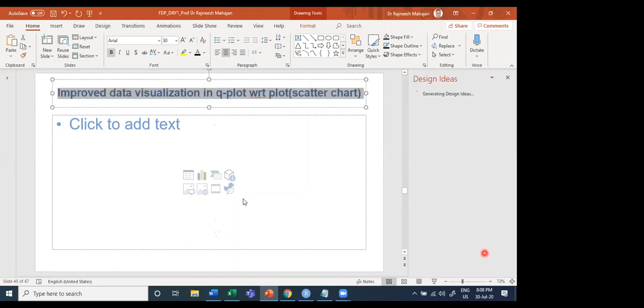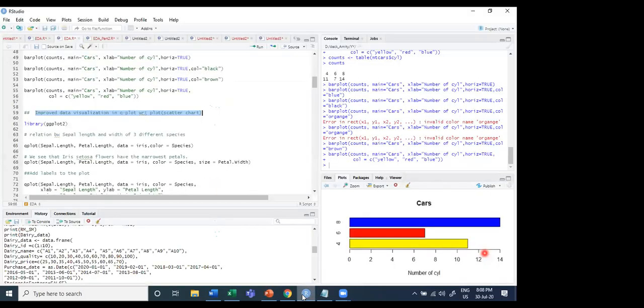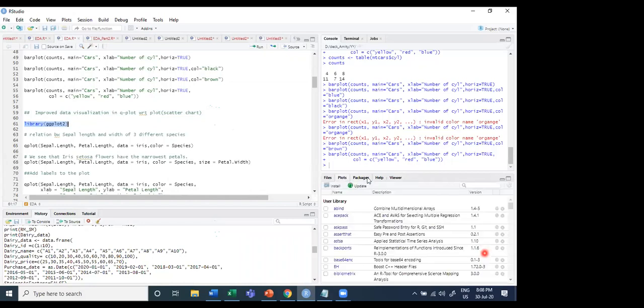Okay, so let's go to R again and see whether this diagram can be improved. Now let's introduce another best tool as a library, a package called ggplot. Just see how to load the package. Now we will go to the packages, then go to install.